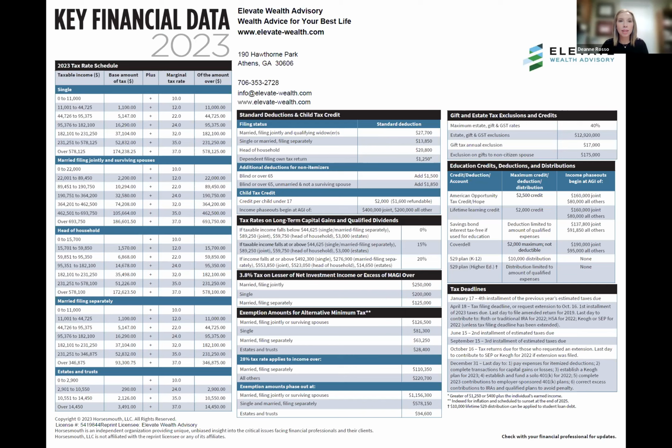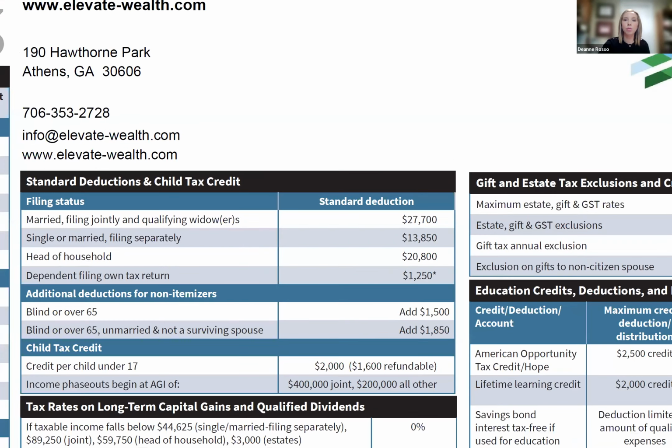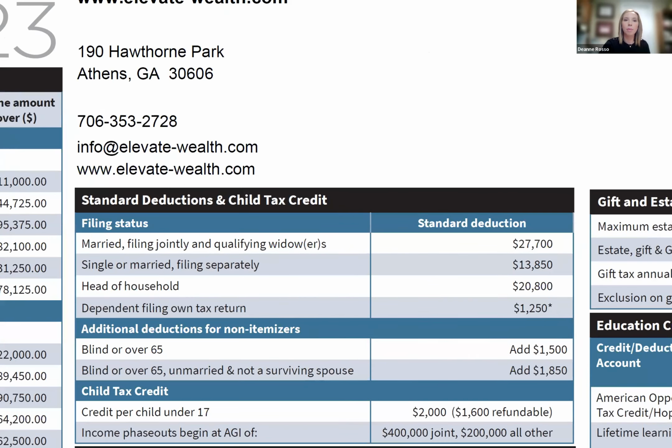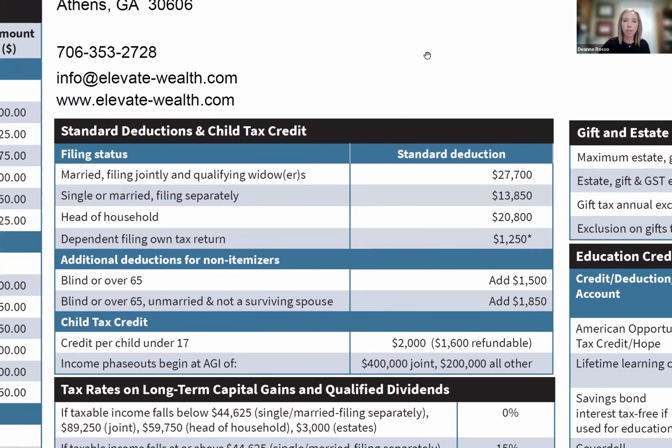So I'm going to start with this key financial data card, and I'm going to zoom in as I go to different sections that I'm going to highlight. So the first section I want to highlight is right in the middle, and I believe that we have this card available to email after this presentation. So if you guys want to have a copy to reference on your own afterwards, we can get this out to you.